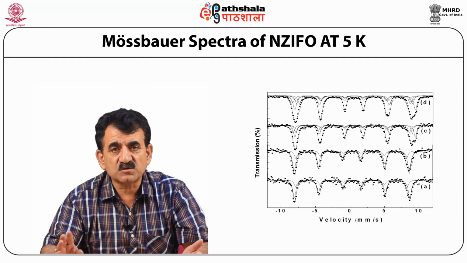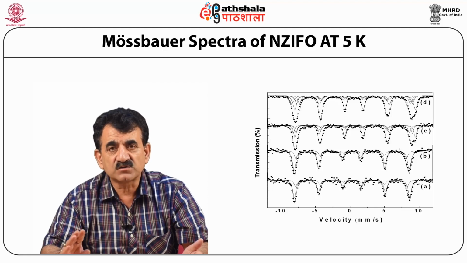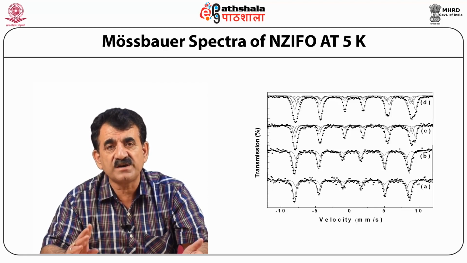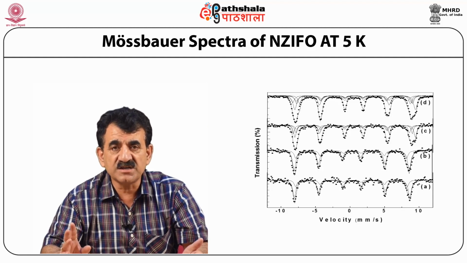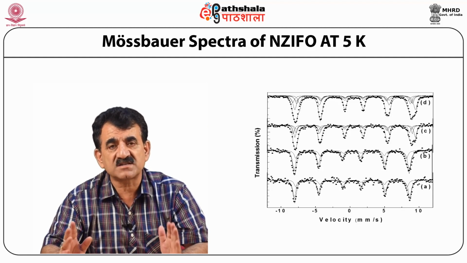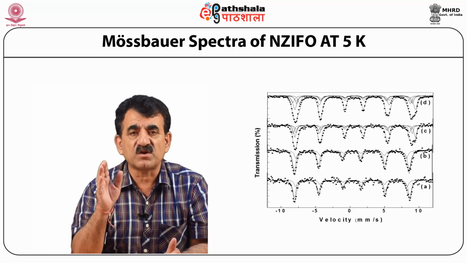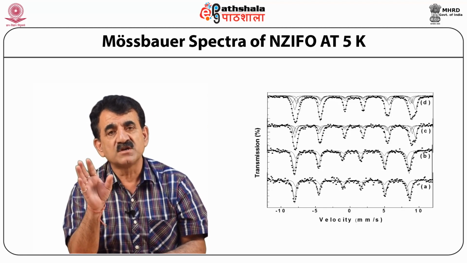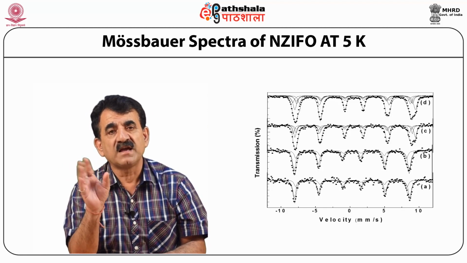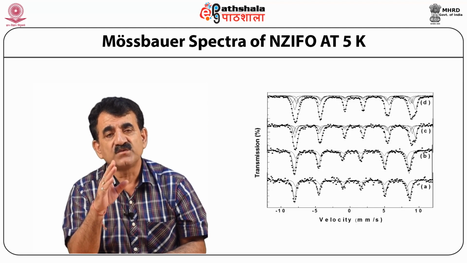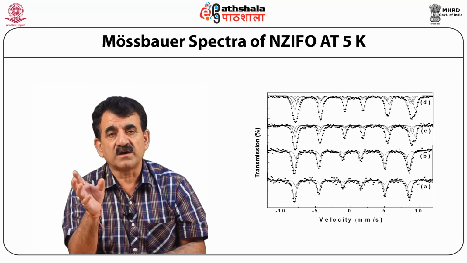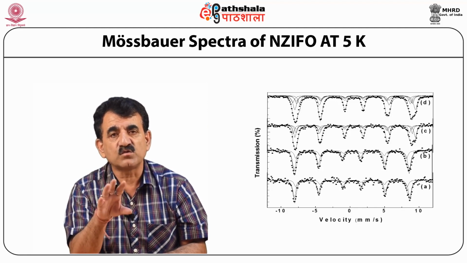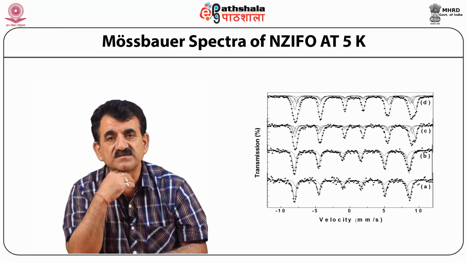Again, these are room temperature Mossbauer spectra of the nickel zinc ferrite in the presence of a magnetic field. So these pictures show in-field data of Mossbauer spectra. Just see how the sextet is changing in the presence of the magnetic field. Here on the x-axis it is velocity, which is given to the drive so as to compensate for the Doppler effect, and on the y-axis it is intensity, which is directly linked with the number of counts of gamma photons received by the detector through nuclear resonance fluorescence.